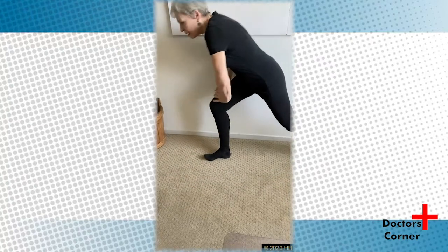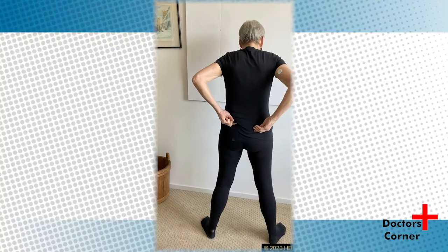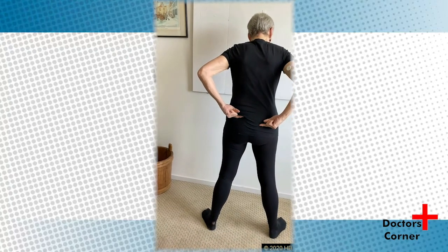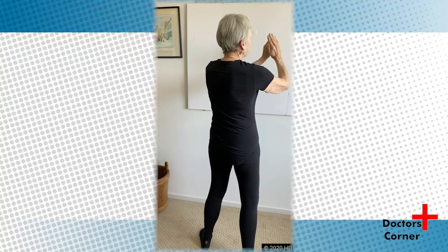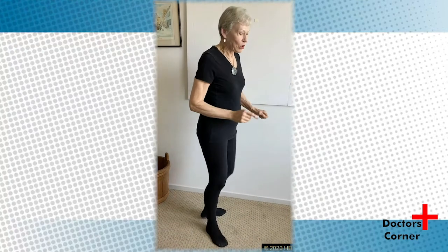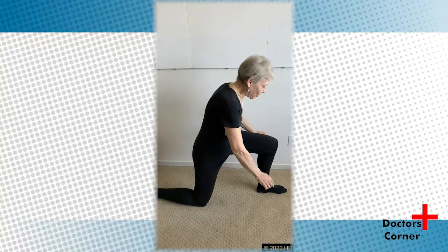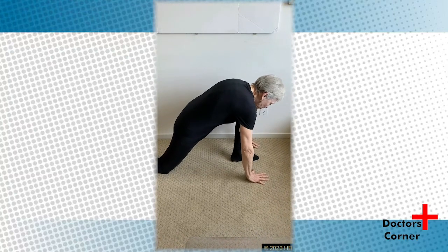Now, supposing the joint is displaced backwards. If this finger is lower, like so, it means the joint is displaced backwards. If it's displaced backward, you have to pull it forward. To pull it forward, you put your knee on the floor, then put the other foot forward, and lean forward and move that knee as far back as you can,